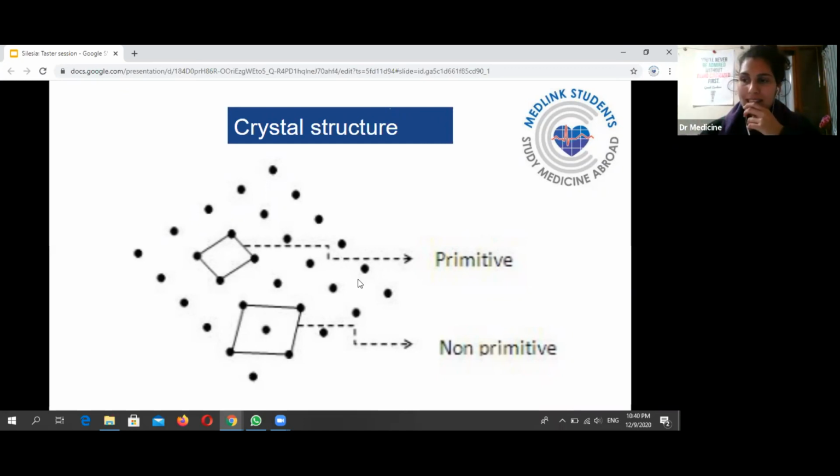So from what we can see here, what is shown, we can see primitive and non-primitive types. Okay, so these are the two types of unit cells. A primitive cell is a minimum volume unit and has only one lattice point, and the non-primitive type has more than one. And then in regards to this crystal structure, you would talk about the properties of it, how I mentioned the two types of unit cells,